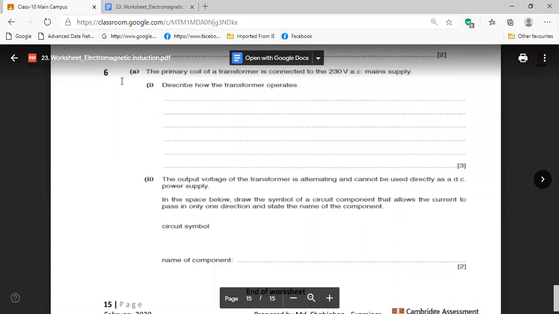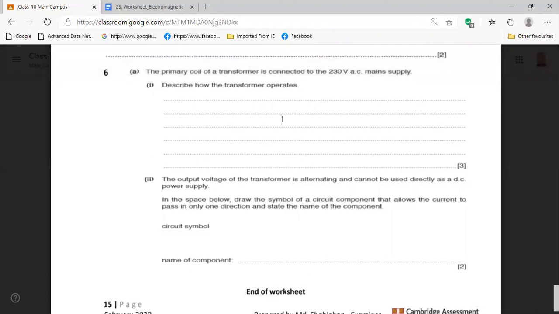The primary coil of a transformer is connected to the 230 volts AC main supply. Describe how the transformer operates. Yes. How the transformer operates. So এই তো transformer হাই এসি ভোল্টেজ কে লো কারেন্টে লো এসি ভোল্টেজ বানায় দেয় হাই কারেন্টে।